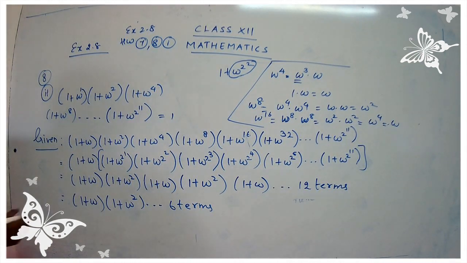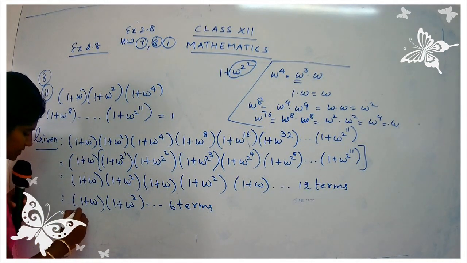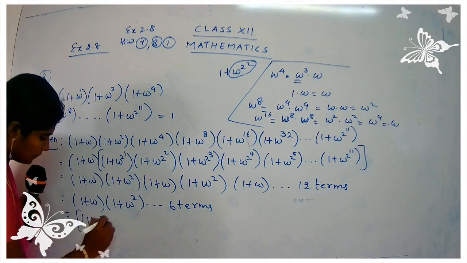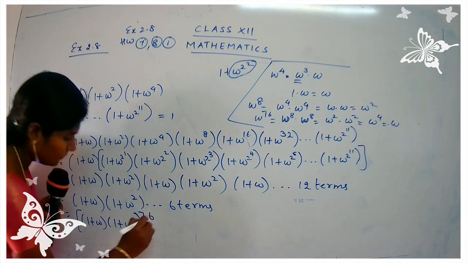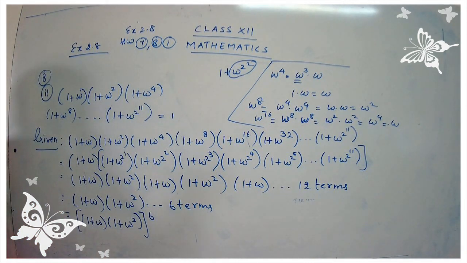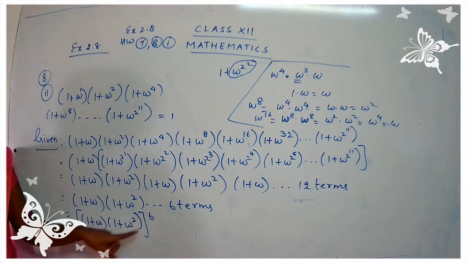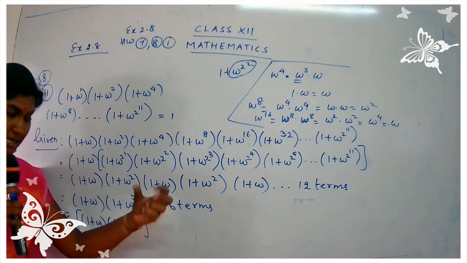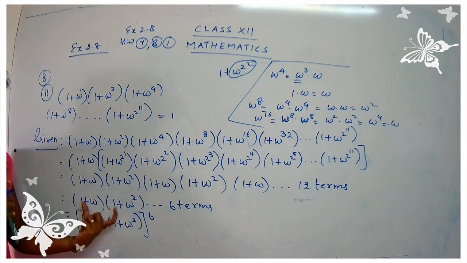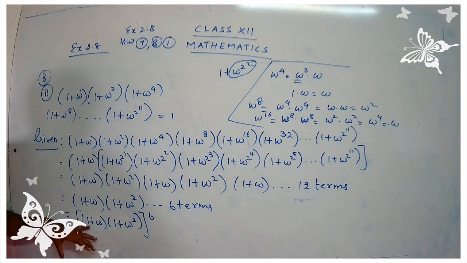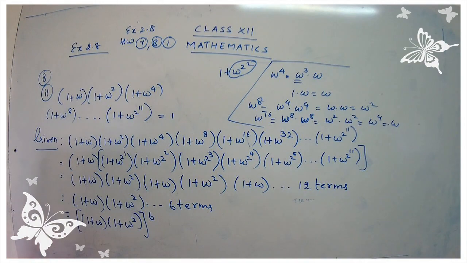Let's continue. I'll just write down one more step over here. So I'll be getting 1 plus omega square, the whole raised to 6. So in total, how many terms am I going to get? I'm going to get 6 terms. So put here 1 plus omega, the whole square raised to 6. I have just shrunk this, I have just taken the next step for it. So 6 terms means how many pairs will I have? I'll have 6 pairs. So 1 plus omega square, the whole raised to 6. Okay, let's continue to the next step.